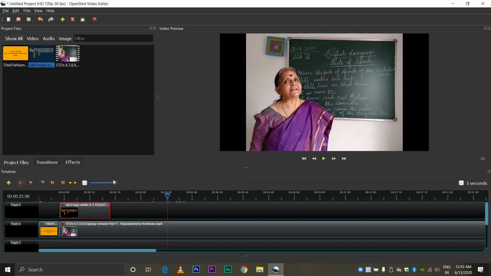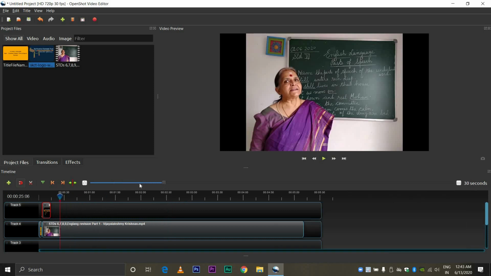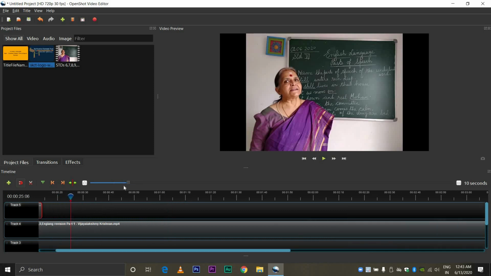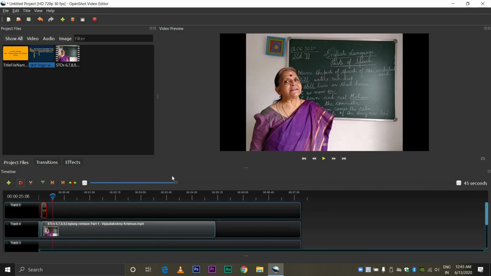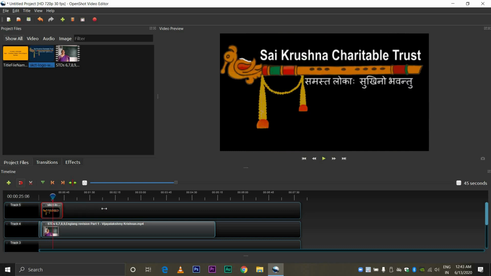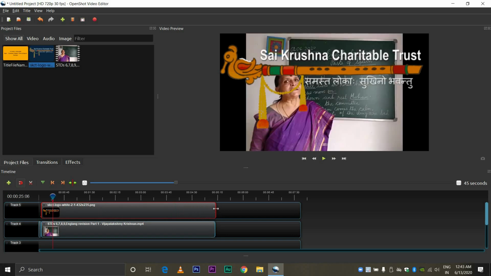And then there is this small blue bar out here. This actually can help you to zoom out or to zoom in into a smaller part. So we'll first zoom out. And as I had taught you, get your cursor near the logo and you can see that the normal cursor now becomes a two-sided arrow. Hold it and extend it till the end. So just check, yeah, it's till the end.